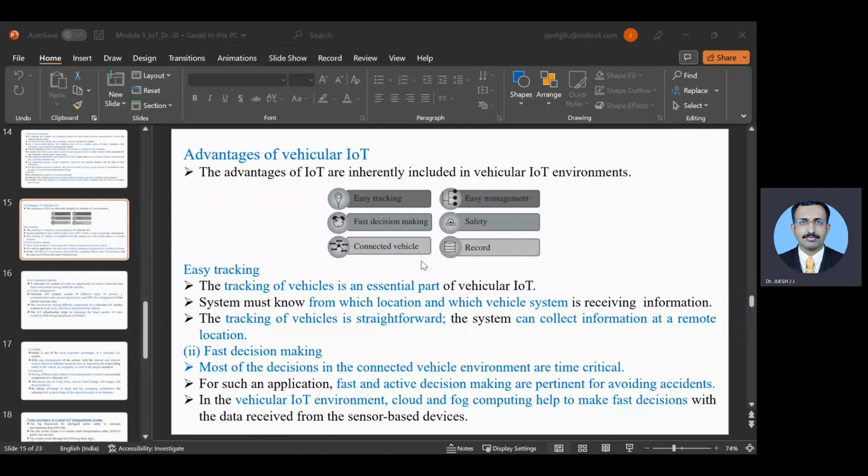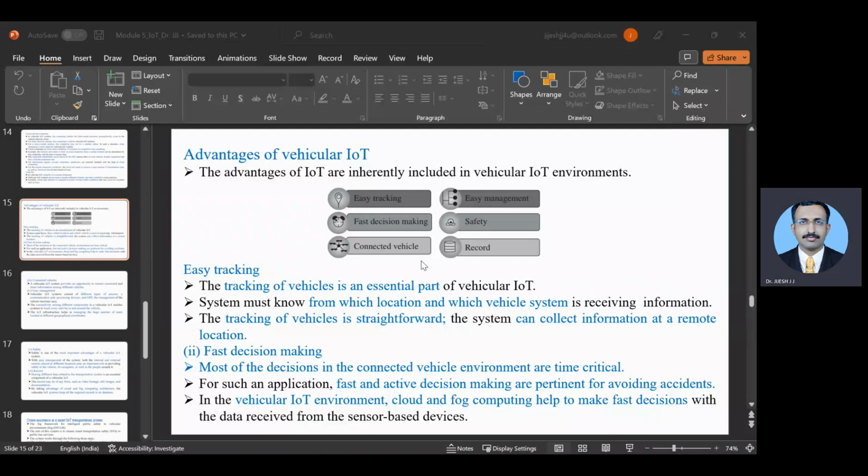You can also see that the vehicular IoT environment and cloud fog computing help to compute the process faster and give solid evidence of what can be possible in the next minute or at that moment. So it is very important for us to take fast decisions, and the cloud, fog and this environment help us to do so. These are some of the advantages of using IoT. What next can we see?